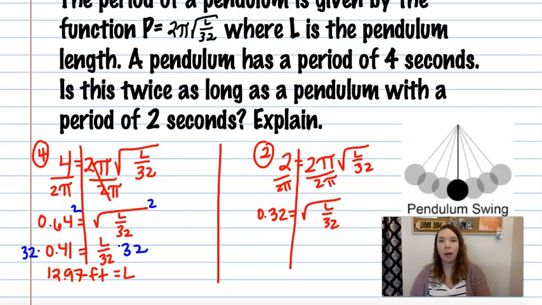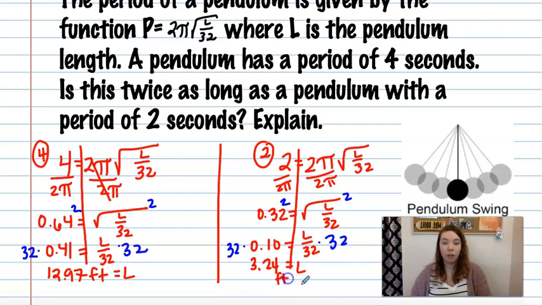And then I'm going to go ahead and square both sides, which gets me to 0.10. And then we'll multiply by 32 on both sides. So that ends up with me getting 3.24